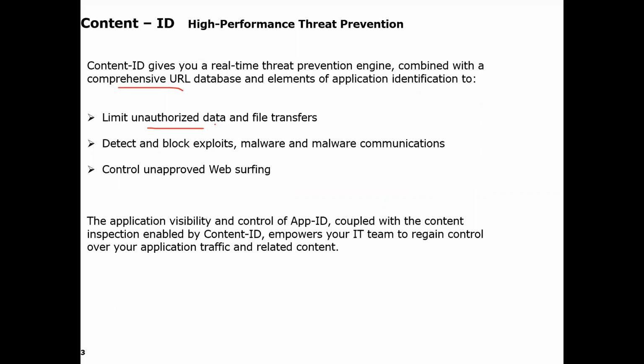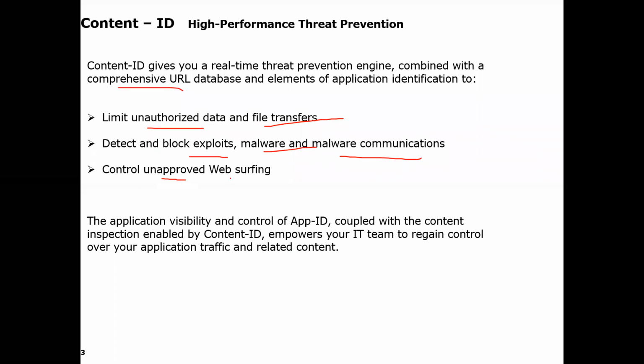Limit authorized data and file transfer: only authorized people can send file transfers. Detect and block exploits, malware, and malware communication. If any malware activity is going on, it will block it.